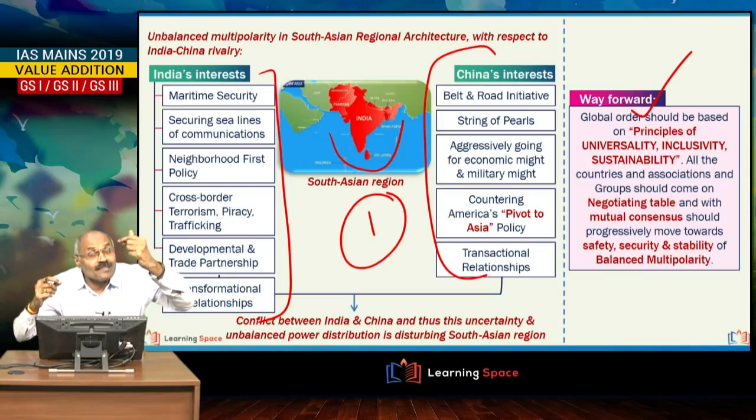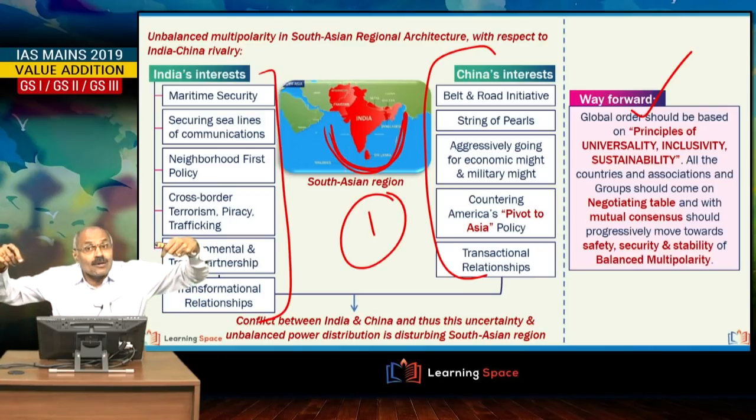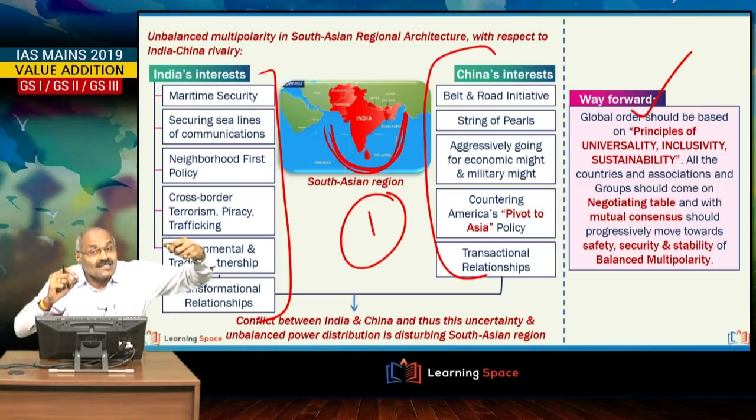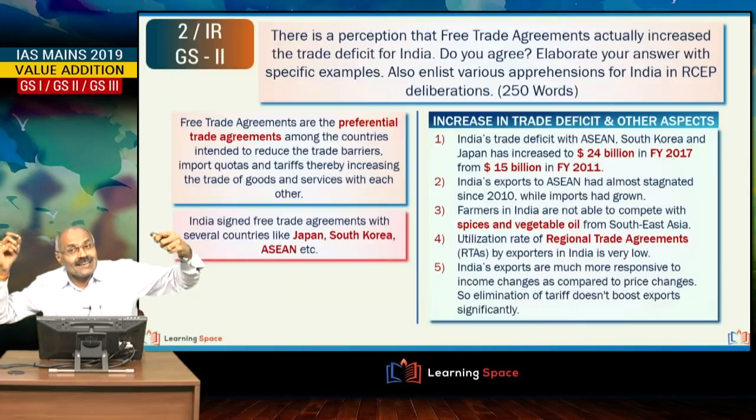What are the other types of questions which can be asked? One is, what are India's outreach programs in the Indian Ocean region? You can mention India's outreach programs with regard to Seychelles, Mauritius, as well as Maldives. Like that, you expand the answer, because a question is expected on India's recent outreach programs as far as the Indian Ocean region is concerned, because the Indian Ocean region is in the news because of China's forays, and because of that, what are India's actions? Such a type of question may be asked, right? Let us look at the second one.